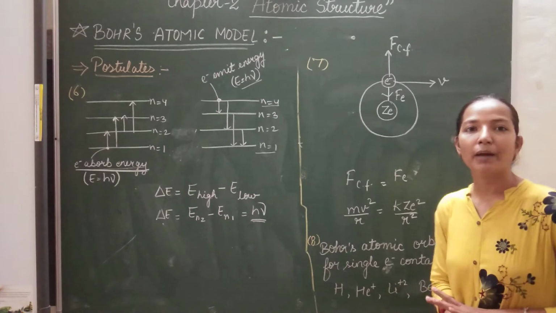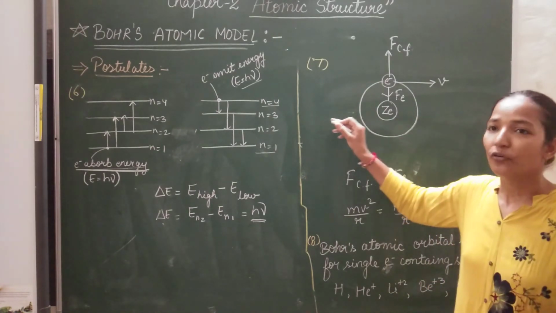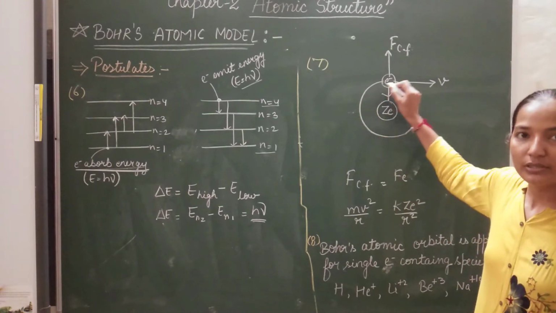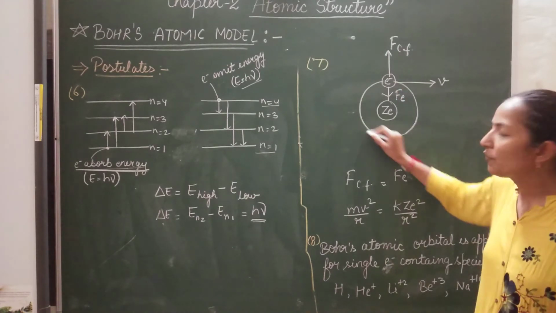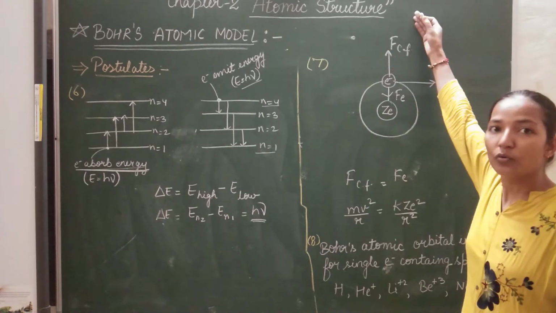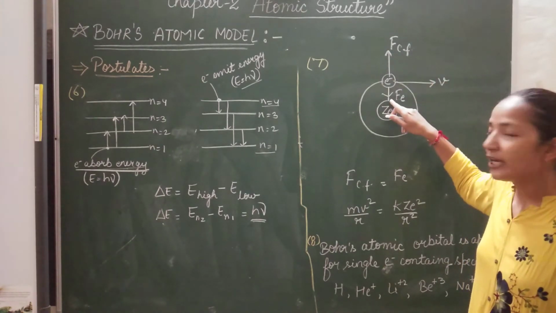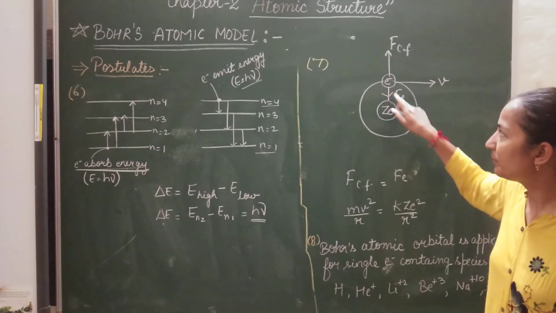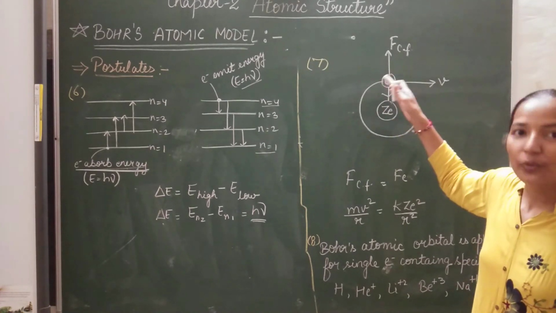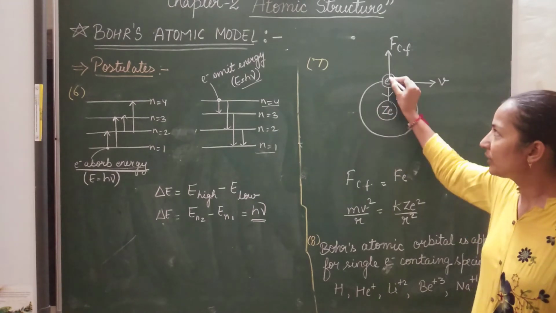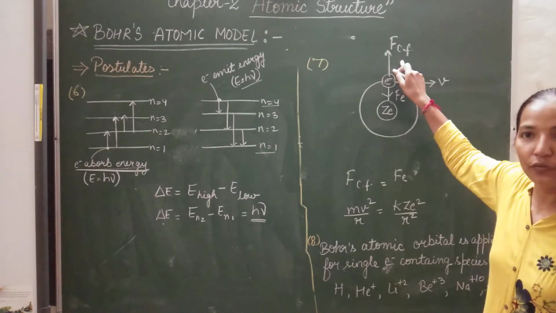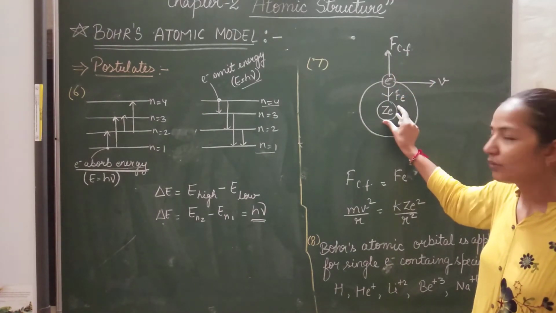Now the next postulate given by Bohr was that whenever an electron revolves in a circular or stationary orbit, it will continue to revolve until the centrifugal force acting in the outward direction on the electron is equal to the force of electrostatic attraction between the electron and the protons, or positive charge of the nucleus. तो इसको उन्होंने बताया कि किसी भी ऑर्बिट में इलेक्ट्रॉन तब तक रिवॉल्व करता रहेगा जब तक इलेक्ट्रॉन पे बाहर की तरफ लगने वाला सेंट्रीफ्यूगल फोर्स और अंदर की तरफ लगने वाला जो न्यूक्लियस का अट्रैक्शन है,